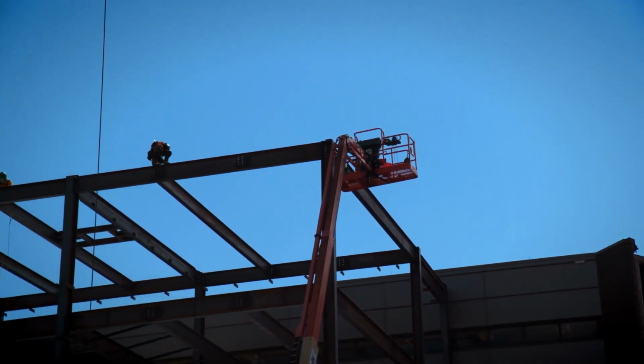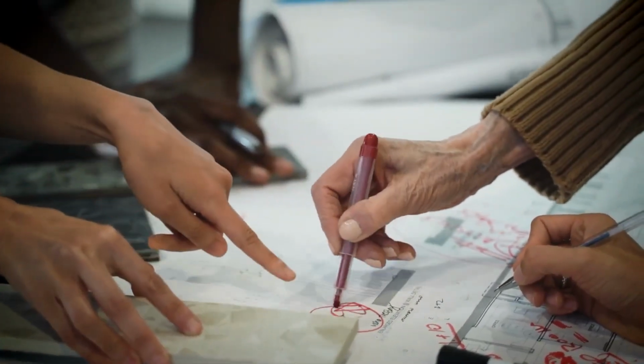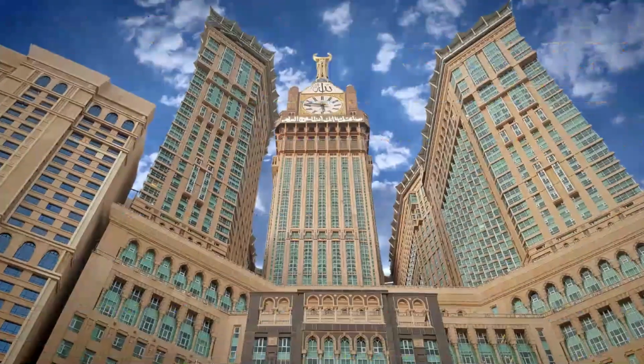But here's something few people know. This isn't just a clock. It functions as a global reference for Islamic time, a symbolic alternative to Greenwich Mean Time, GMT. This means that any Muslim anywhere on earth can look toward Mecca, physically or spiritually, and synchronize their life with